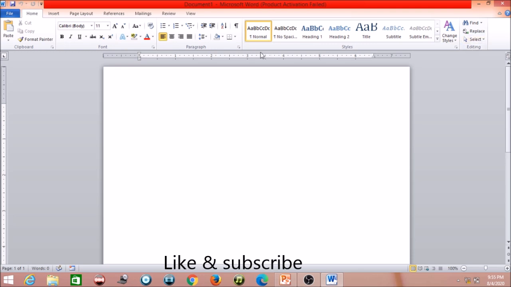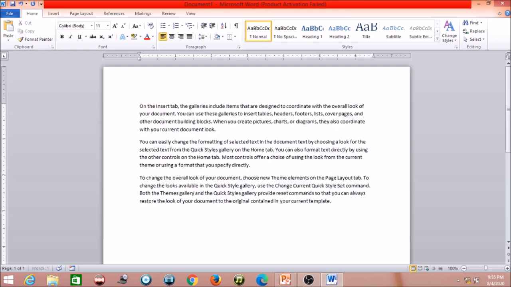So this is a group, and these lines are known as the ruler, vertical and horizontal, and this white area is known as the work area. Okay, so here I am just typing some paragraphs with a trick that I will let you know later. So here you will find these are the paragraphs. Now I am telling you how to select from the mouse and how to select from the keyboard. First, if you want to select from the mouse, then you have to go to the Home tab. This is the Home tab. Then you have to go to the Editing group. This is the Editing group.